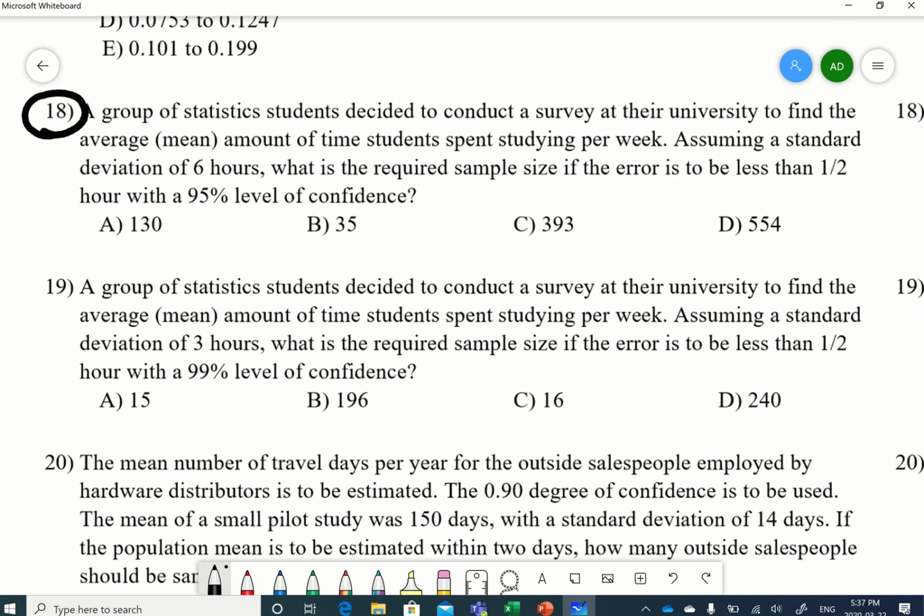Question number 18. A group of statistics students decided to conduct a survey at their university to find the average amount of time students spend studying per week. Average amount of time spent per week on studying. Assuming a standard deviation of 6 hours. So standard deviation is given. What is the required sample size? So in order for them to build this confidence interval,